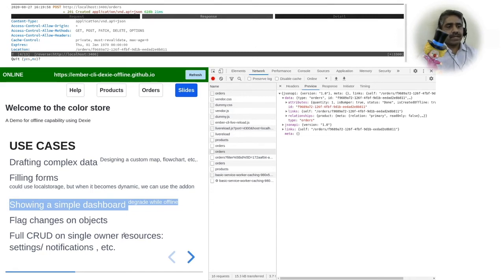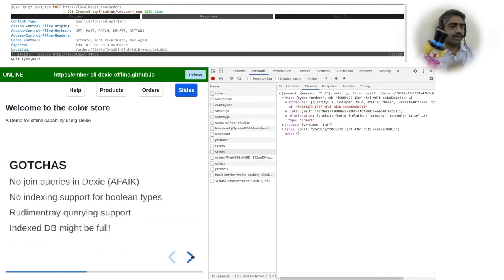Similarly, small flag changes on objects, settings, and notifications can also be implemented using this add-on. Now, as far as the implementation goes, there are a lot of gotchas. This is still in beta, so please don't expect production grade quality on this add-on right now. As far as I have worked with Dexie, there is support for join queries, but it is very rudimentary.